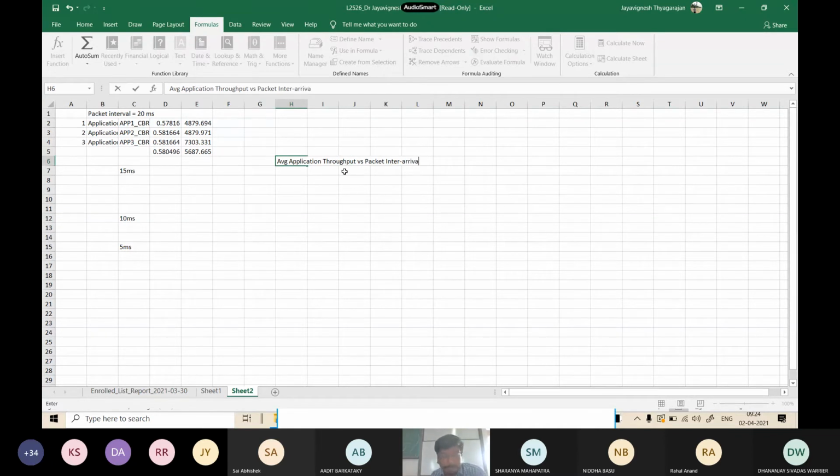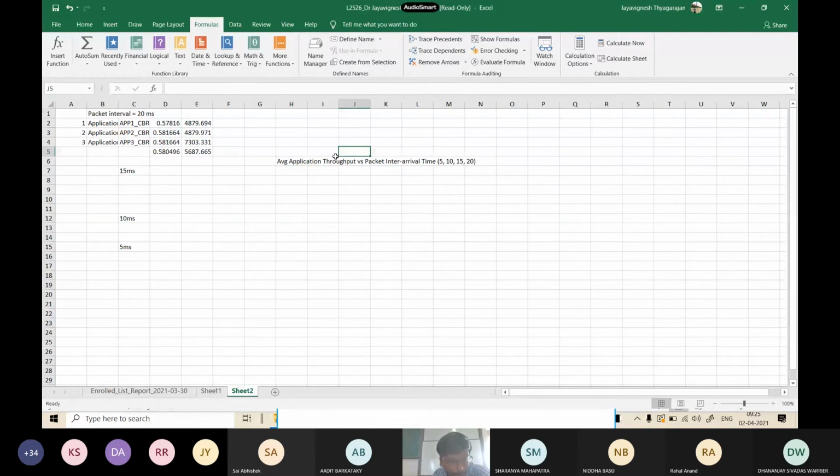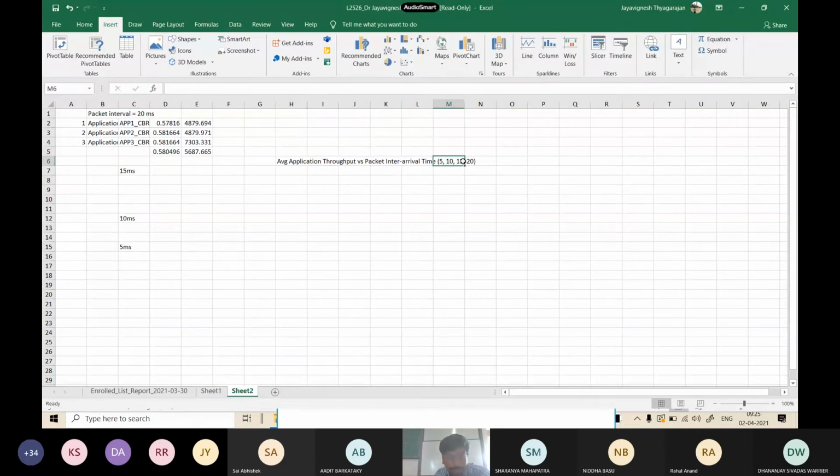I have been doing it for 5, 10, 15 and 20 milliseconds. For this value, what is happening to my average application throughput? This graph I want you to manually plot using your Excel. I hope insert chart you can do. You just have to have the x-axis values 5, 10, 15, 20 inter-arrival time and whatever value that you're getting for the average, and then plot.